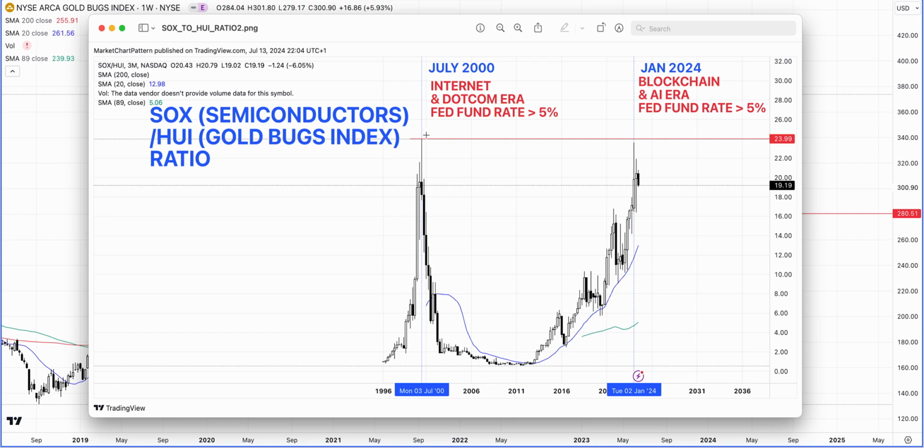What we saw was that it was a speculative blow off top in the tech stocks, which was happening in the year 2000, and of course that was the era of the internet and the dot-com, and the Fed fund rates were also pretty elevated as well. And the really interesting thing that the ratio is pointing out is that the semiconductor stocks, for example, the valuation for them, or the price for those stocks, actually began to decline, and we began to see an increase in the gold related miners.